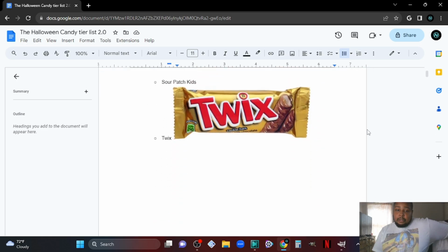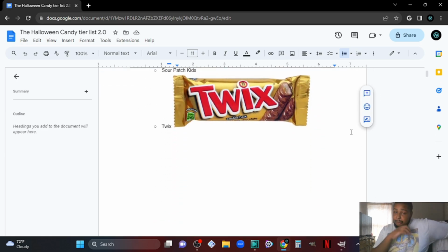But next up is Twix. Yes, this time around for this year, I've decided I would split up the chocolates. Last year, if you remember, I kind of grouped the chocolates together. I decided not to do that this year because not all chocolates are made the same, but also, I didn't split the lollipops. We had several different types of lollipops, and I didn't split those, so I figured it'd only be fair. Starting with Twix, I really like Twix, and